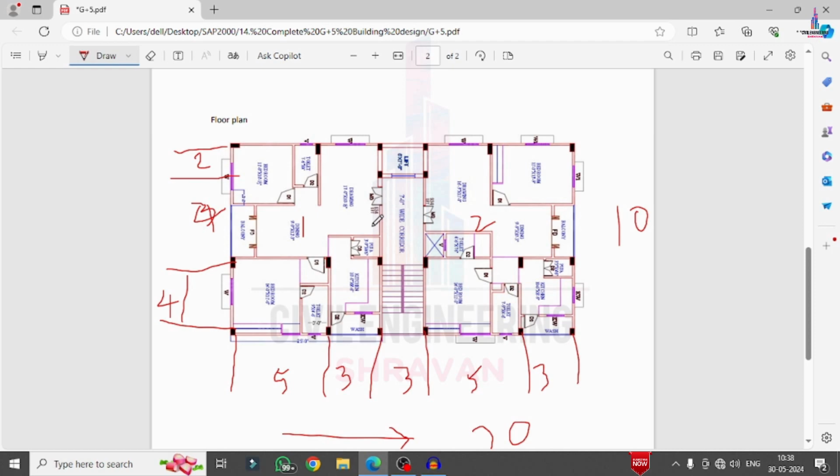Now we can see here for this typical floor plan, it is consisting of the sum of the beams and column sections here. Okay. So you can consider the center to center distance initially, and you have to assume the data related to length of the building, width of the building, and number of bays along x direction, number of bays in y direction, and grade of the concrete also we have to assume.